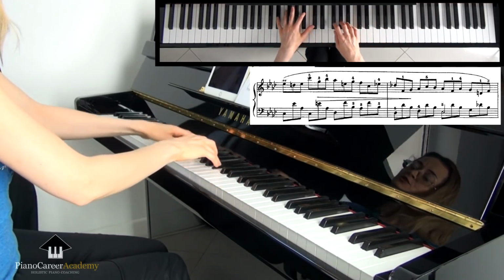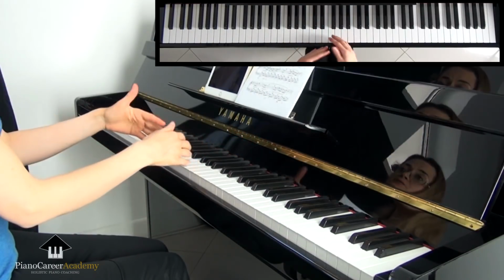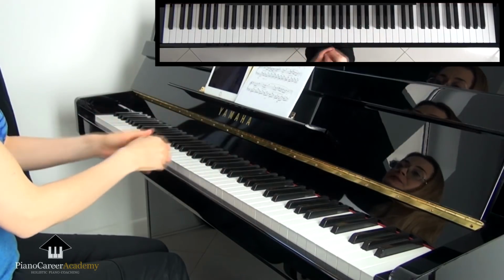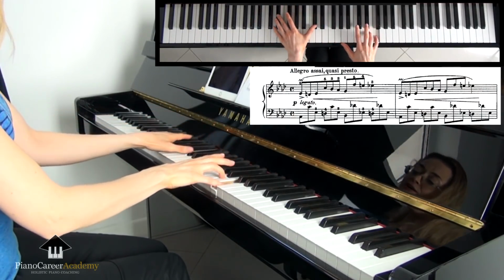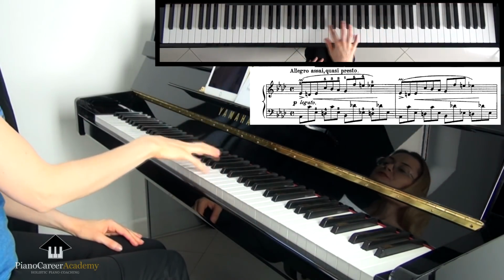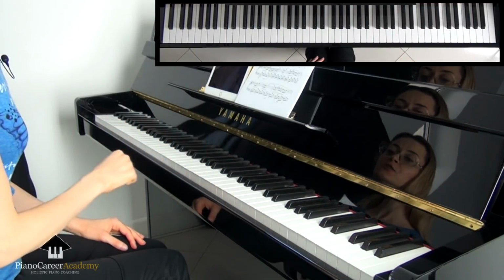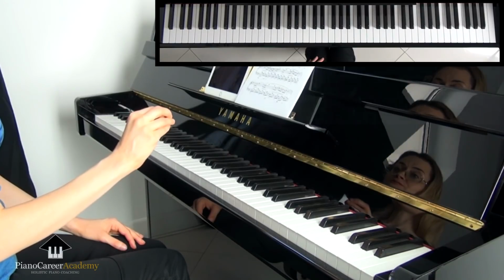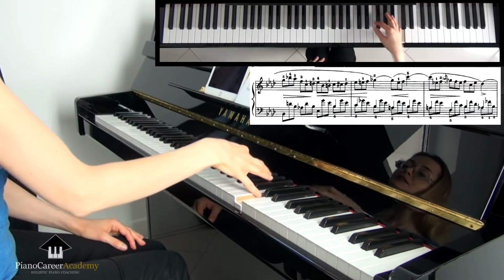Practice until there is no clumsiness, no hesitation. And because we have the same rhythm in both hands, there is no rhythmical challenges, so we just play everything together. It's not like we have polyrhythms here. Now, this type of detached legato can be applied to most of the outer sections from this impromptu, but there are some exceptions. For example, when you start this theme here,